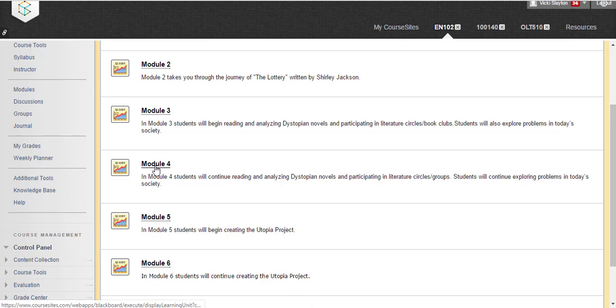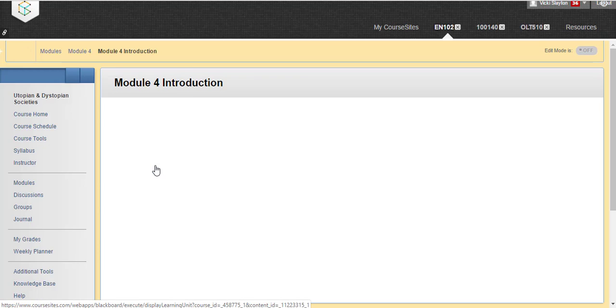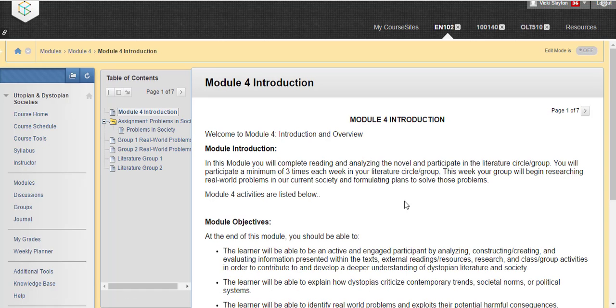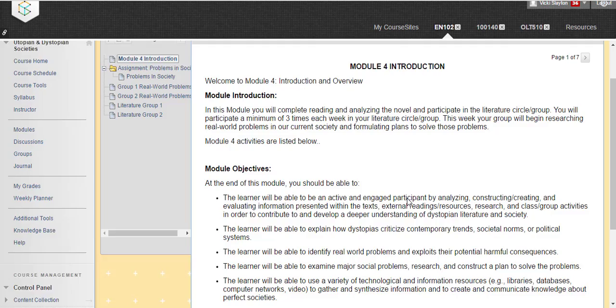In Module 4, students will continue reading and analyzing the dystopian novels and participating in their literature circles, and they will continue exploring problems in today's society. In Module 4, students will also begin researching real-world problems in our current society and formulating plans to solve those problems.